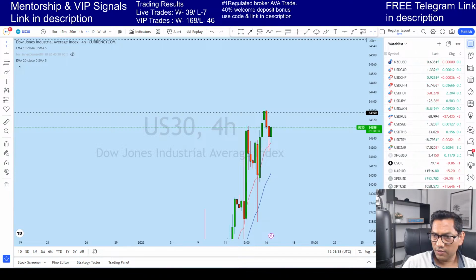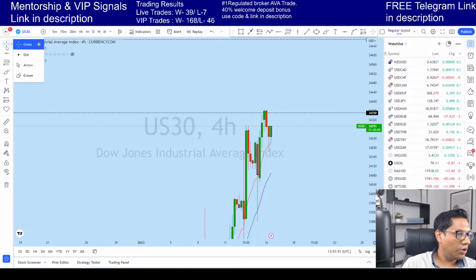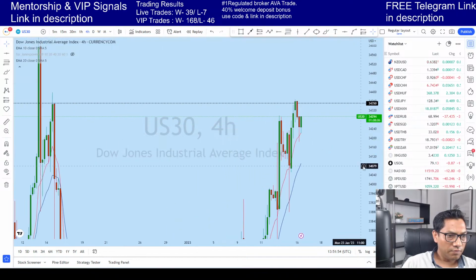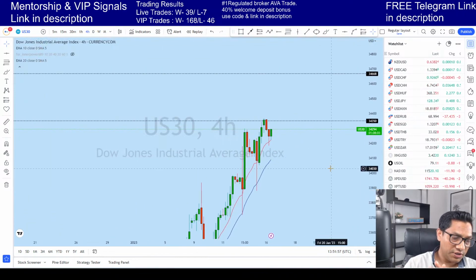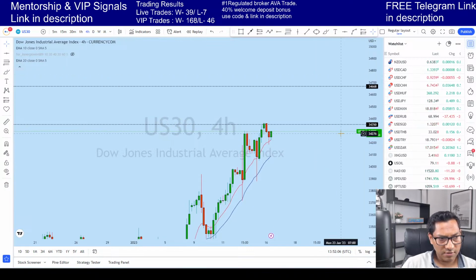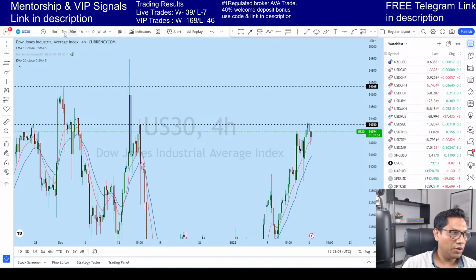Okay, JPY, how do you detect manipulation? Barbara, I will look at it. It's a very good question. Okay, let's look at how to detect manipulation. Detecting manipulation is very important after the manipulation, but before the manipulation it is sometimes a little bit hard. Still, if you have experience you can sense that a manipulation is going to happen.